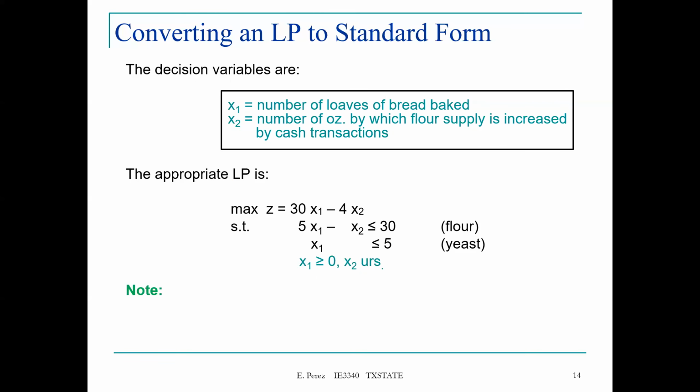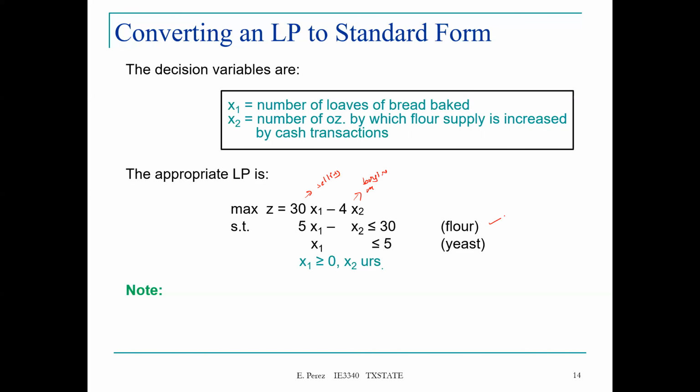So your decision: you sell more loaves, or you buy more material, right? So this is buying additional flour, and this is selling loaves of bread. So that's your objective function, and this is subject to